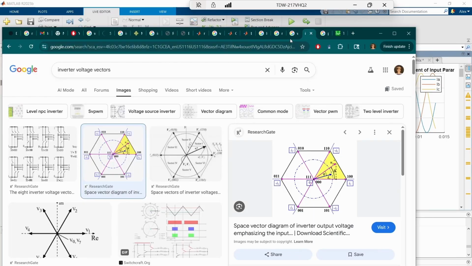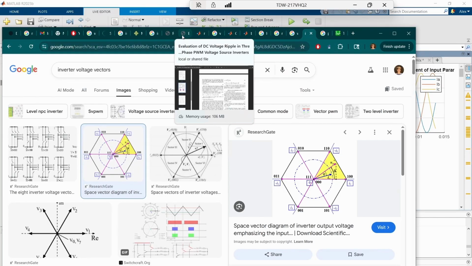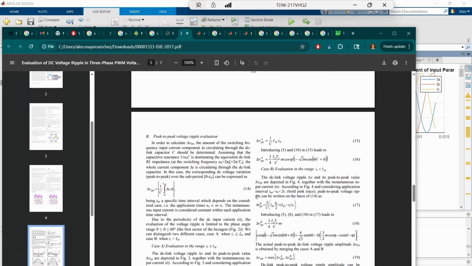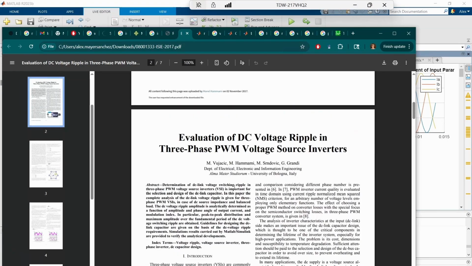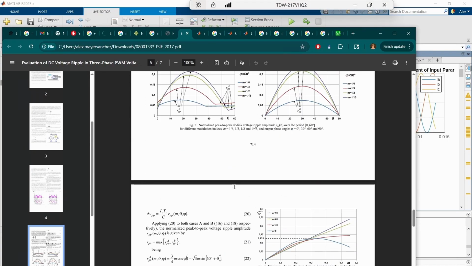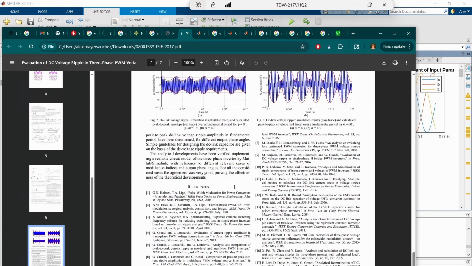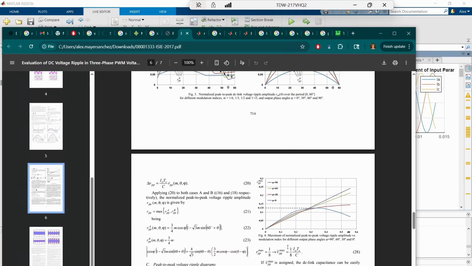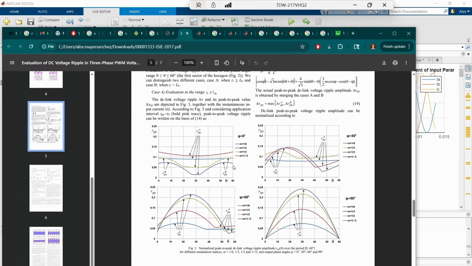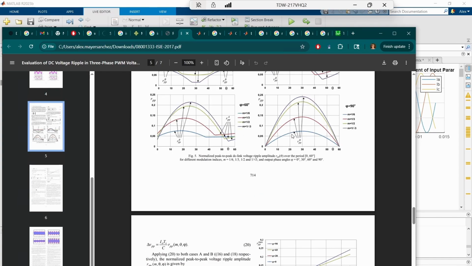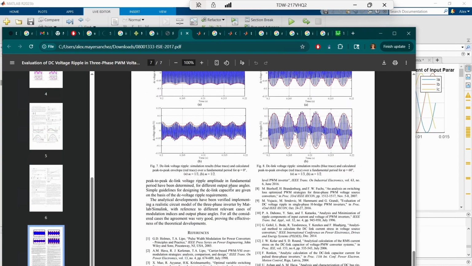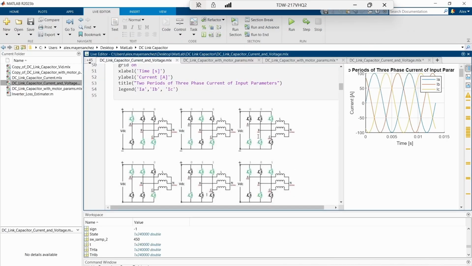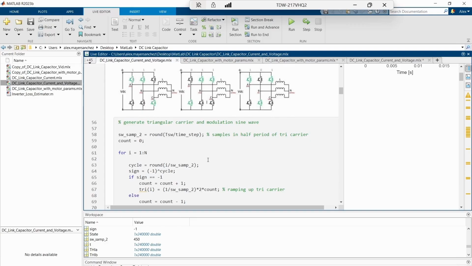There's a paper. This paper is basically an estimation technique for determining the DC link voltage ripple, and we'll get waveforms like this soon, but they have some envelope stuff. I'm just calculating the waveform as is. They're trying to calculate what this envelope is with some analytical method, but anyways, the point is